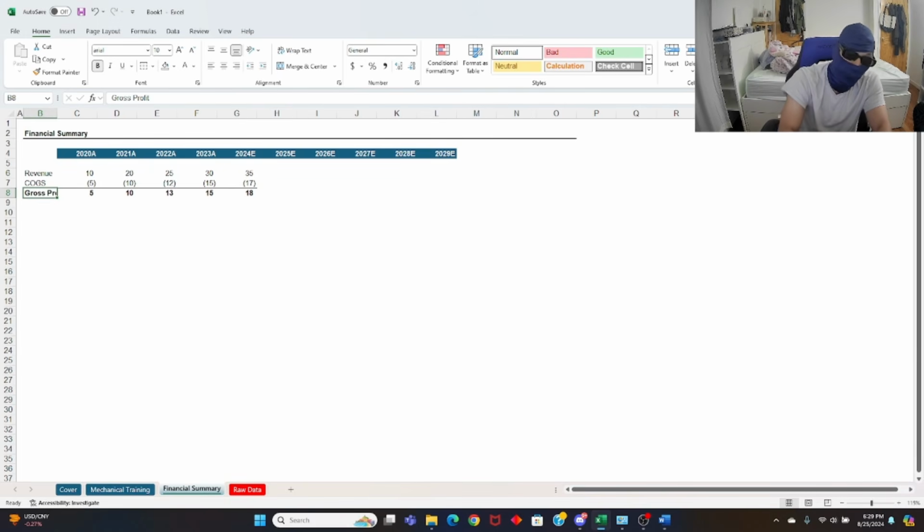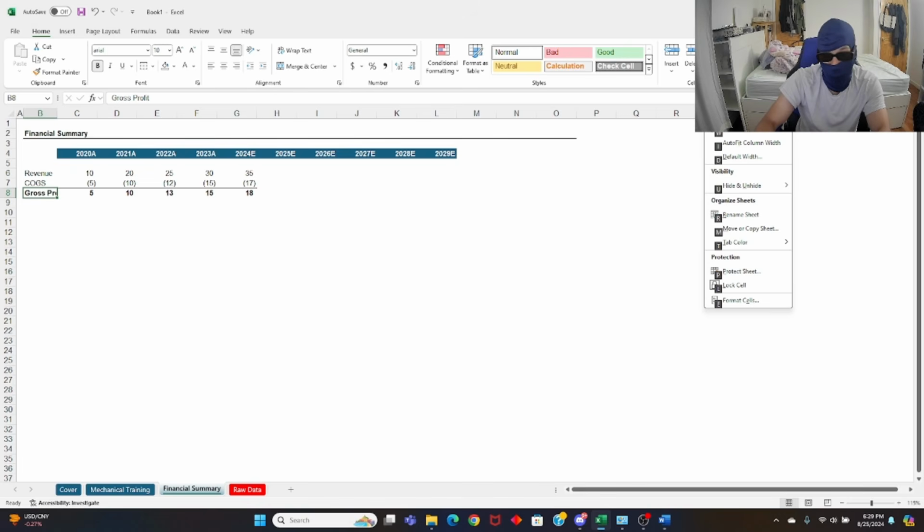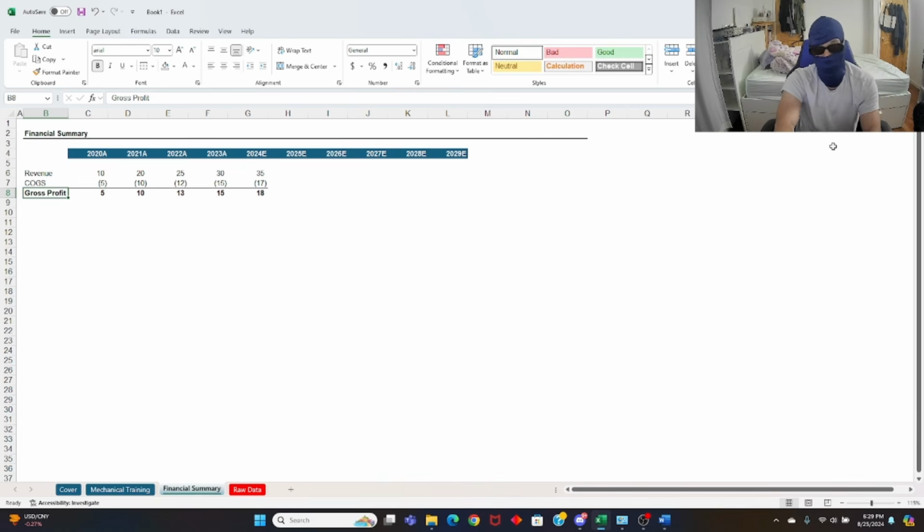There's a formula here that lets you make the column width true to size to whatever cell you're in, right? So you're going to stay on your gross profit. You're going to press Alt H O, that's the format, and then there's a function under W that says auto fit column width. So it auto fits to your specific need, I. It'll create a best fit for the column dimensions for whatever you're trying to fit in.